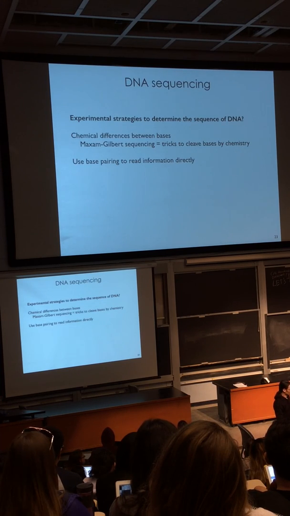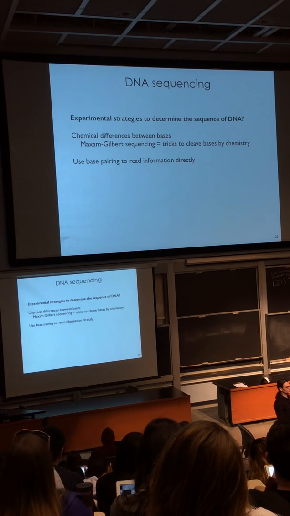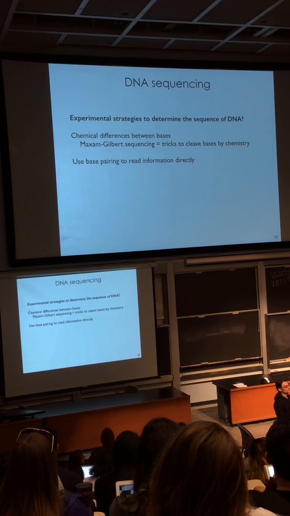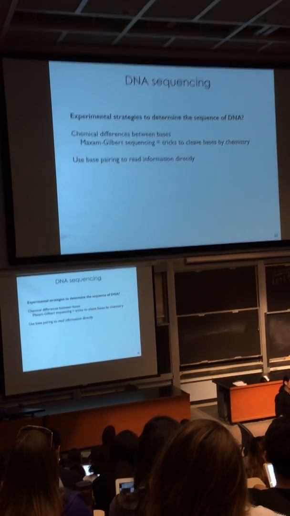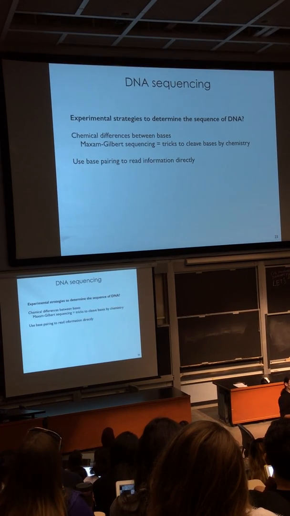Essentially, all of the modern sequencing technologies instead use base pairing to read the information of the DNA directly. What that requires is some way to monitor which base can and cannot pair with a given position in the DNA, using a DNA polymerase, the enzyme that the cell uses to synthesize DNA, in order to read out this information. And the Sanger method of sequencing